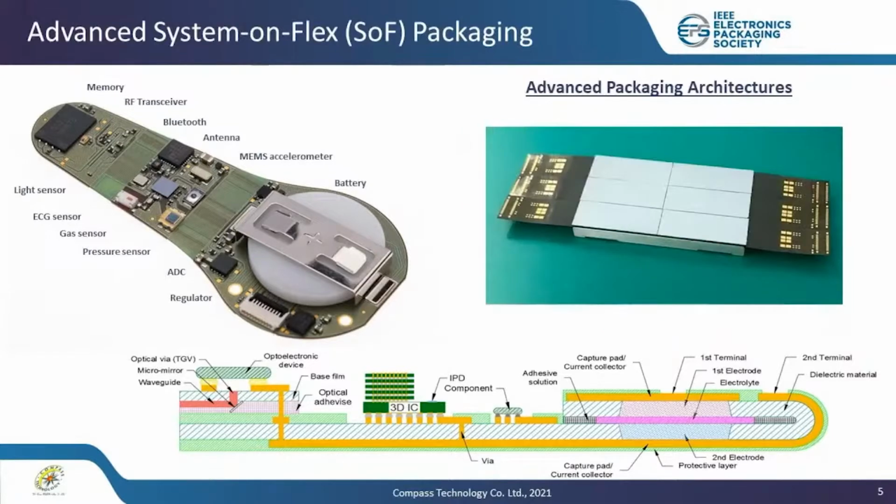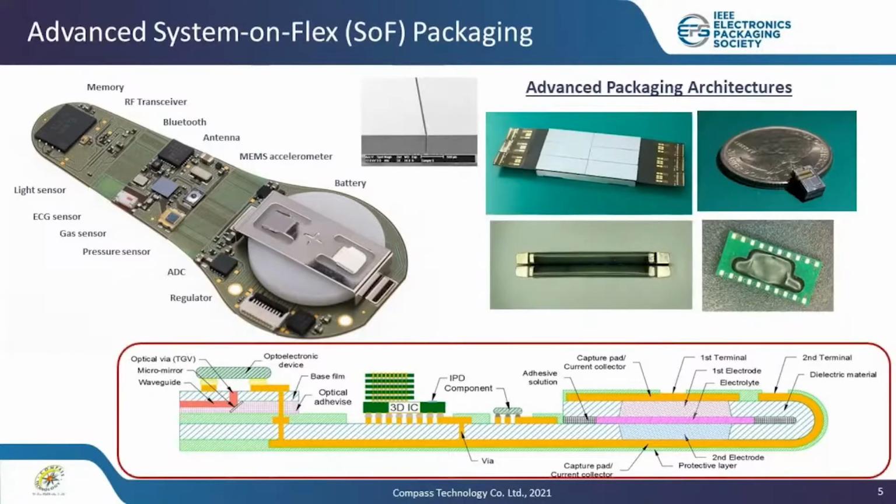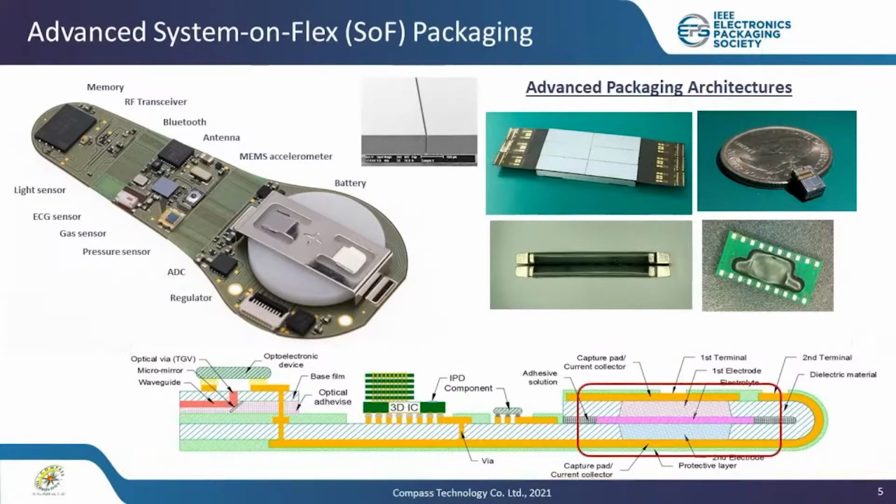We can also consider tying each flex sub-assembly with a tight tolerance to achieve module-level integration to further enhance functionalities. As we can see from this diagram, the flex is able to fold and significantly increase the volumetric area to embed functional materials. For example, a battery for energy storage. The selection of the material for the flex circuit is also an essential factor that will affect the packaging performance.